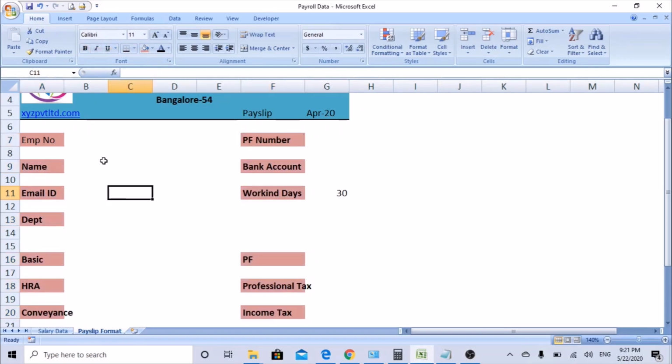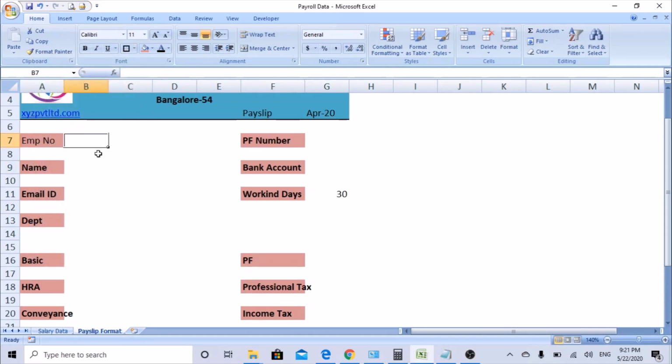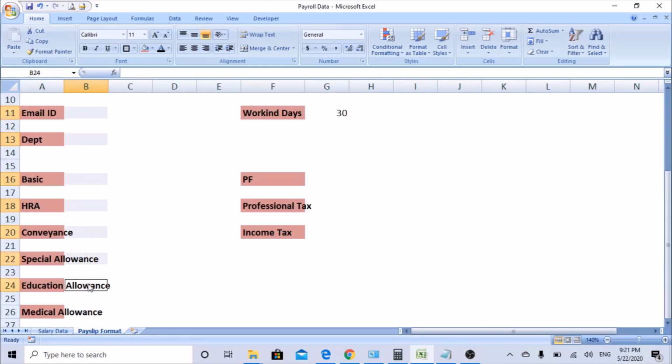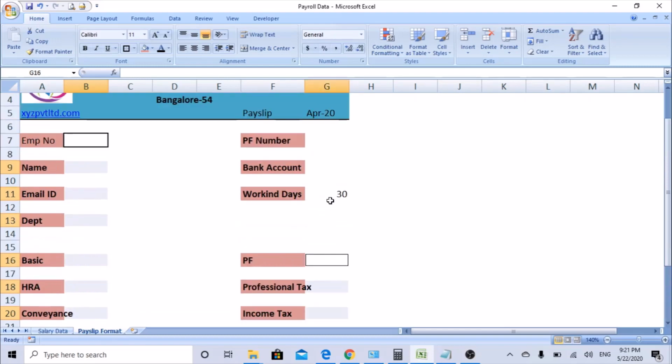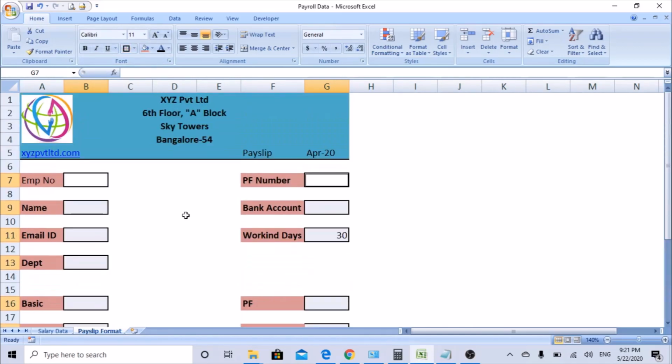Looks good, right? Now we need a box where we fill in the details. So you go to the box. We have a thick box to highlight it more. See, now it looks the same. Select all. See, I'm selecting here, B column to G column, next to the labels, and we'll go ahead and add the boxes. Now you can see it looks good, right?